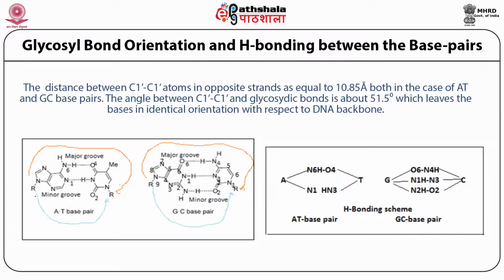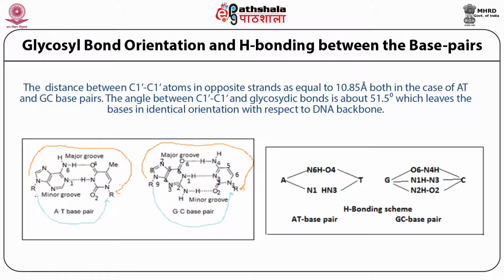The distance between C1' C1' atoms in the opposite strand was equal to 10.85 angstrom in both the cases of AT and GC base pairs. The angle between the C1' C1' and glycosyl bond was 51.5 degrees, which leaves the bases in identical orientation with